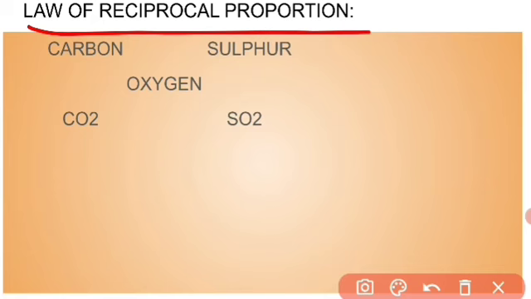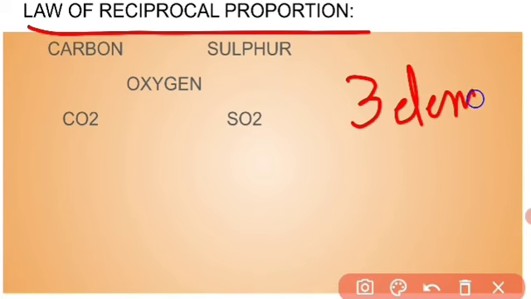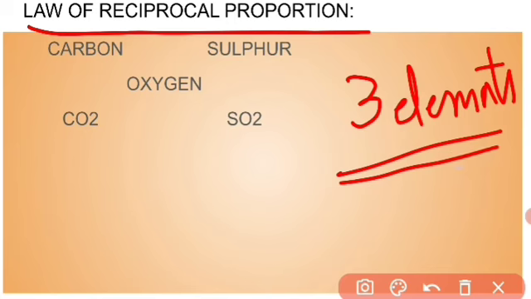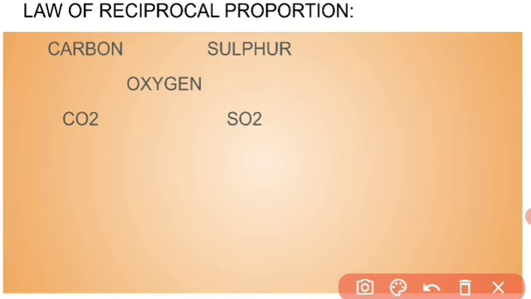Law of reciprocal proportion. This is not a law which is in the chemical combinations, but yes, you need to know this also. Here we are discussing 3 elements. Now let us see what it is saying. The law is, you all should know what is the law. When two elements combine separately with the fixed mass of the third element,